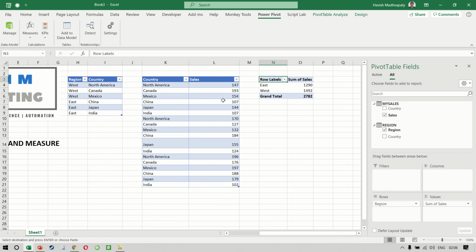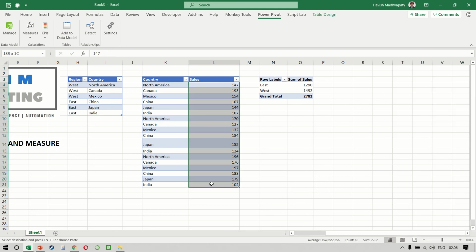Now let's take this one step forward. Let us say that we want to create a target which is simply 1.1 multiplied by the previous amount, which would be a 10% year-on-year growth. So if we want to multiply each one of these numbers by 1.1, we have to create a measure, or we can create a calculated column. So I will show both of these things to you.